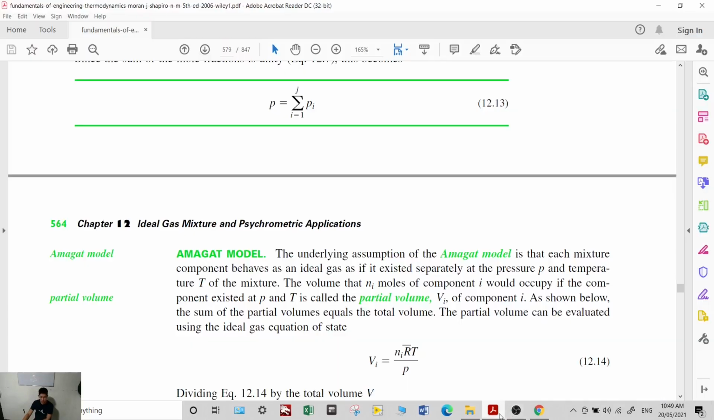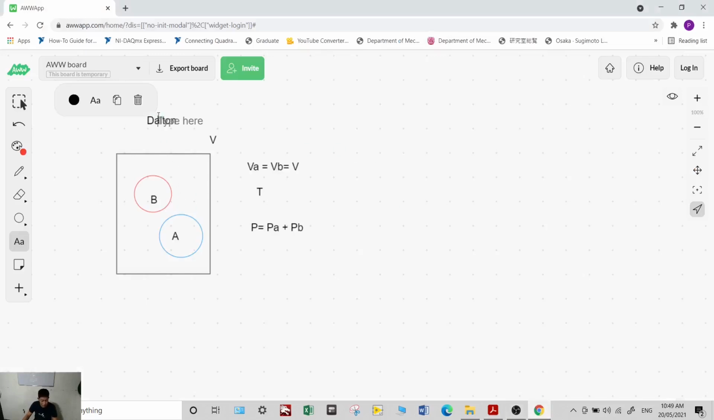For the Amagat model, its assumption is that the total pressure is just equal to the partial pressure of A, which is just equal to the partial pressure of B. So what does this mean? The Amagat model states that